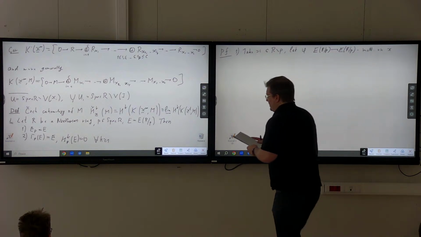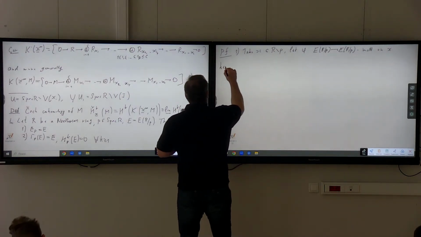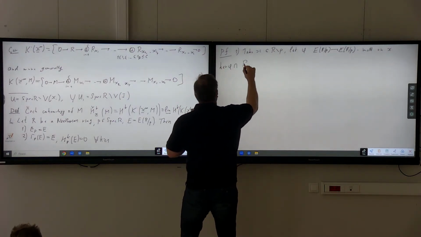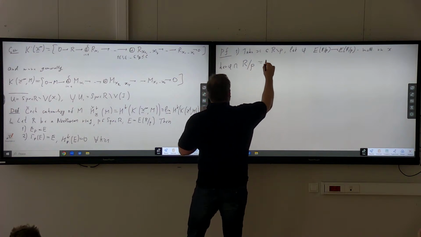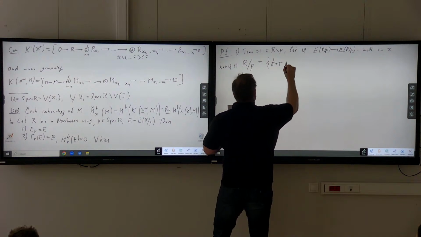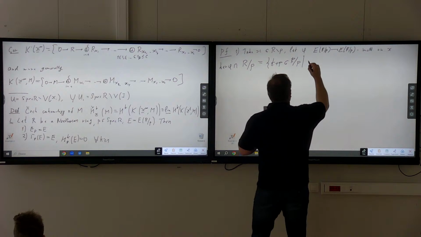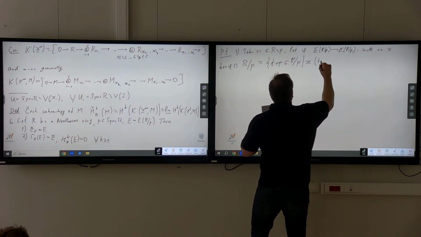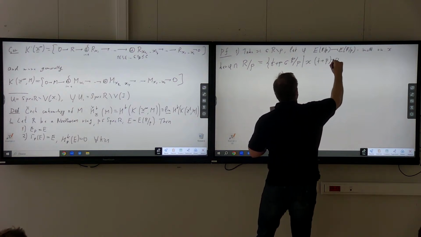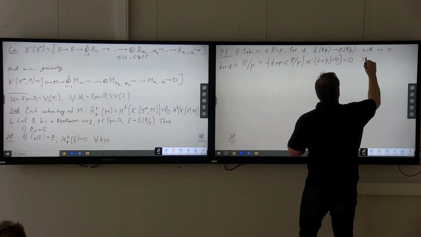I even keep the same notation that we used when we proved this statement. Then the kernel of phi intersect with R/P: by definition, these are classes t plus P in R/P such that x times (t plus P) is equal to 0. But I claim that this is 0, since